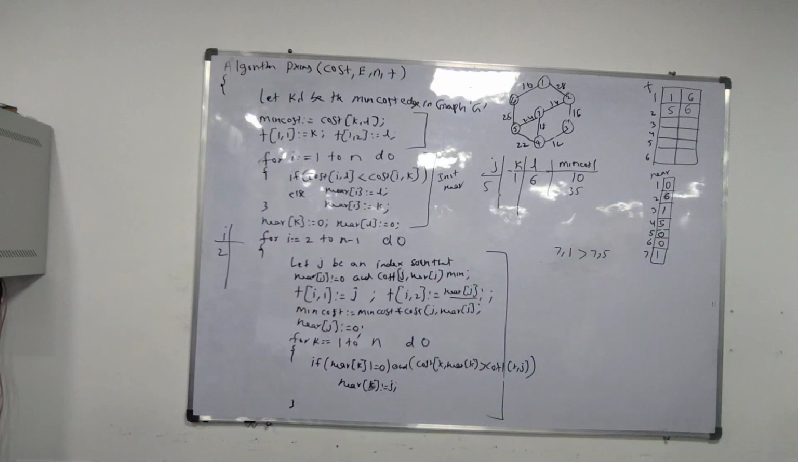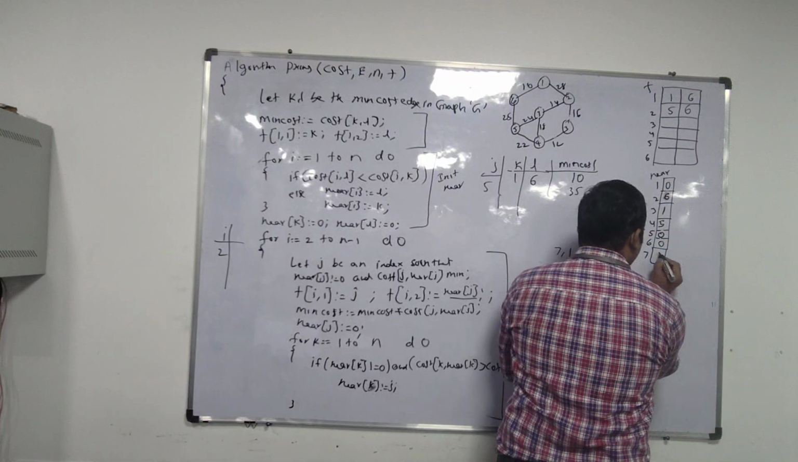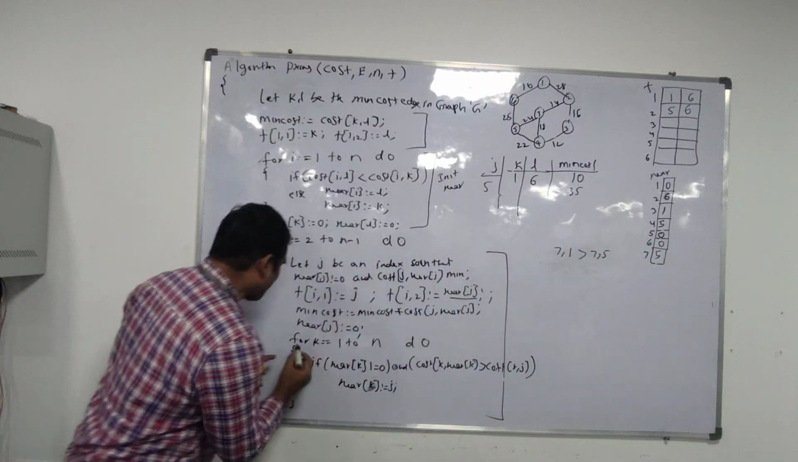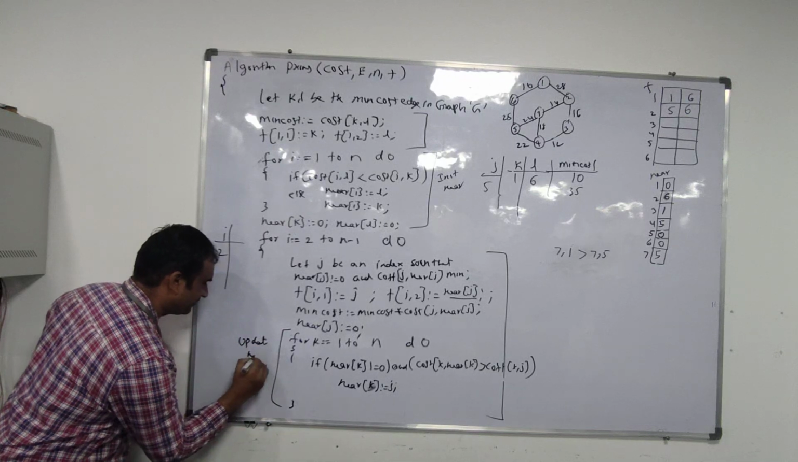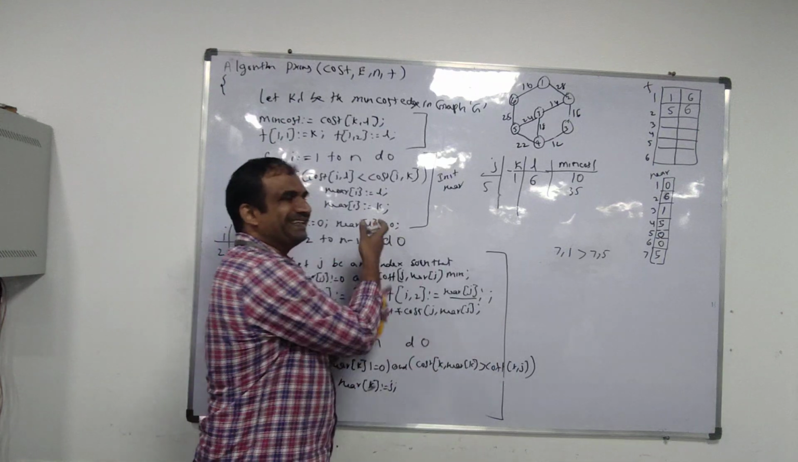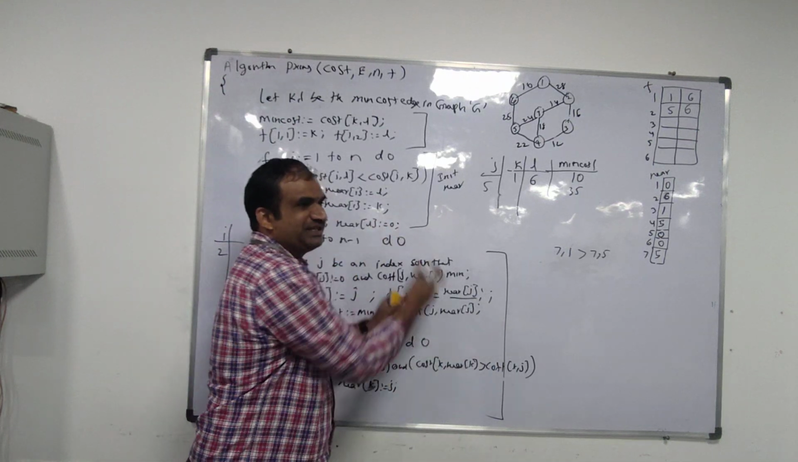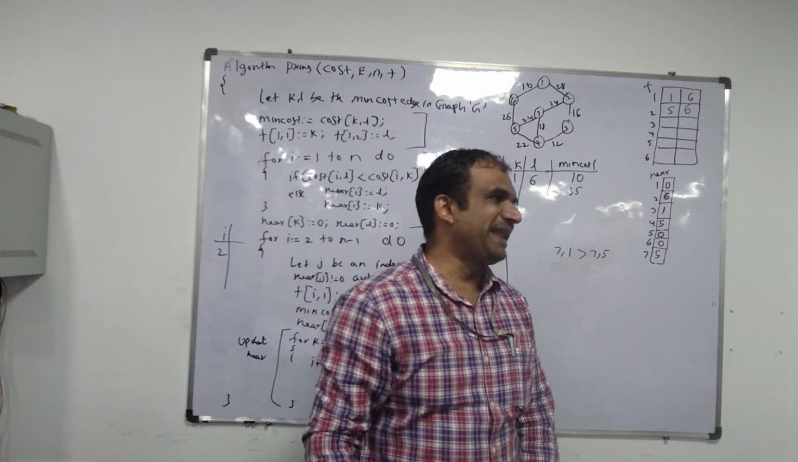7 comma 1 cost is what? Infinity. 7 comma 5 cost is what? 24. So definitely for 7, who is near? 5 is near. So this piece of code is doing what? Update the near. Now after updating the near, what will you do? Once again add the third edge, fourth edge, fifth edge, sixth edge, which will get the minimum cost spanning tree